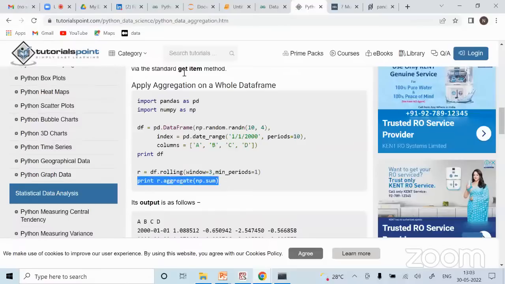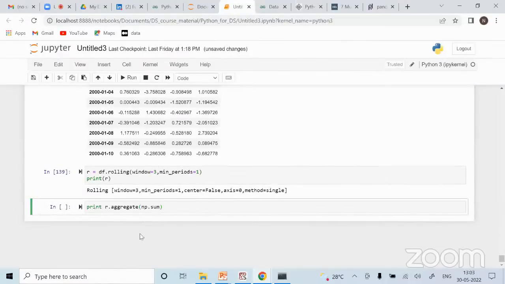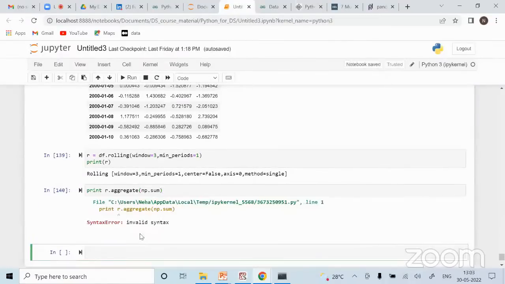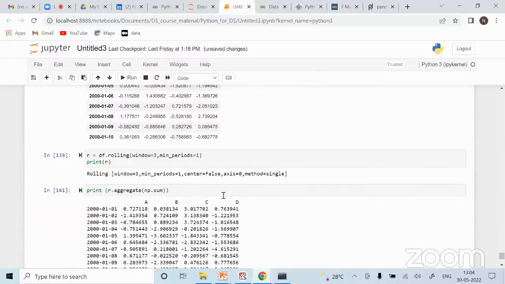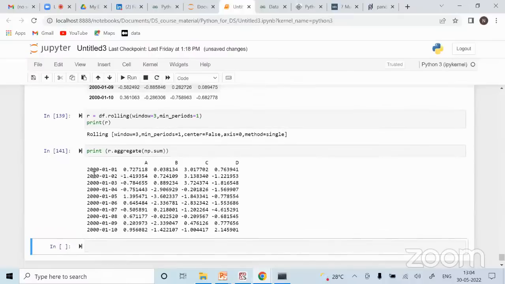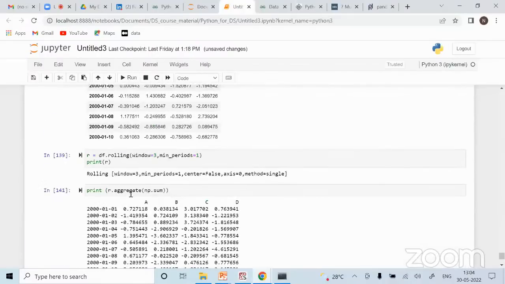Okay, let's see this, and then I will show you the difference. Whenever you get this kind of syntax error, this always has to do with the syntax. So the syntax is in print, you should always give these things. So that's how you have got it. Okay. So what we have done over here, let's try to understand that one by one, right?